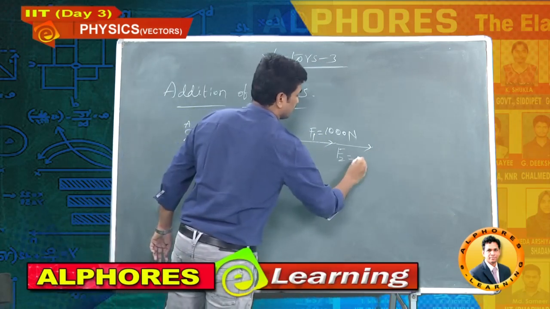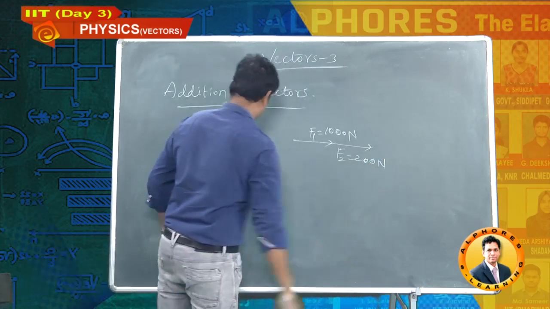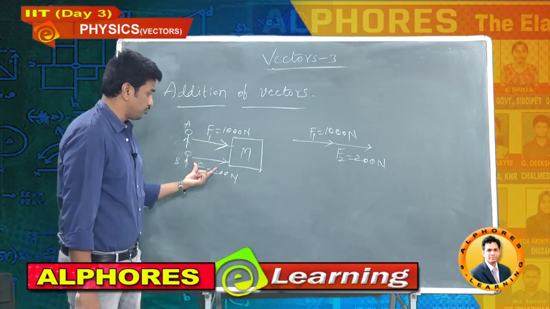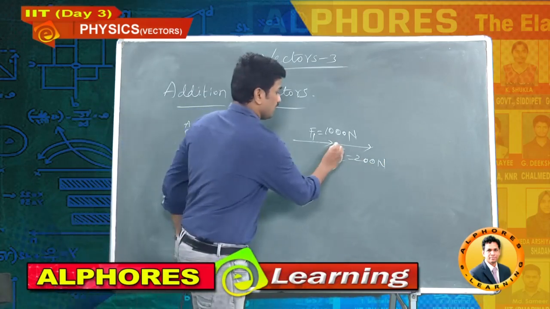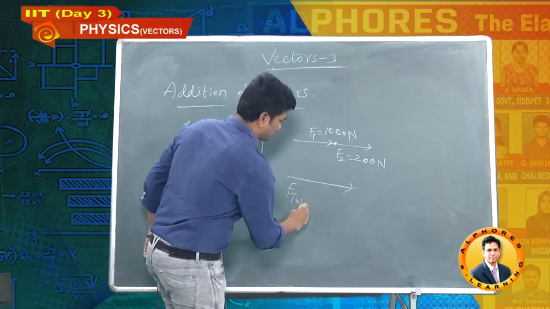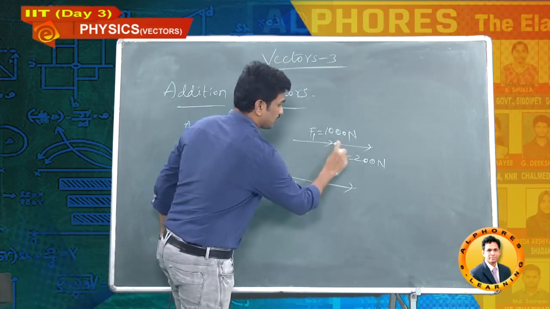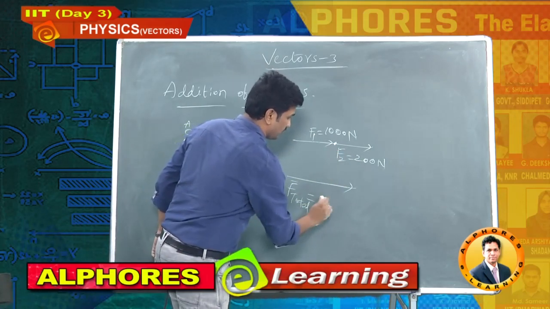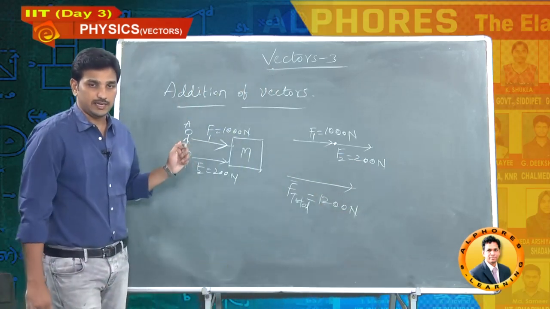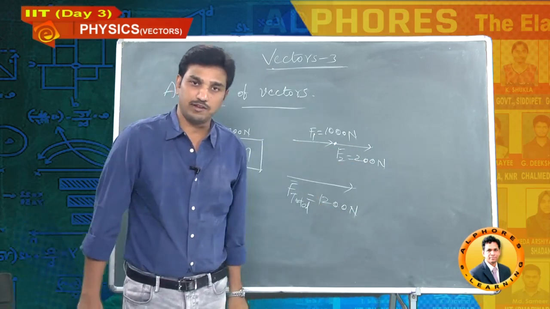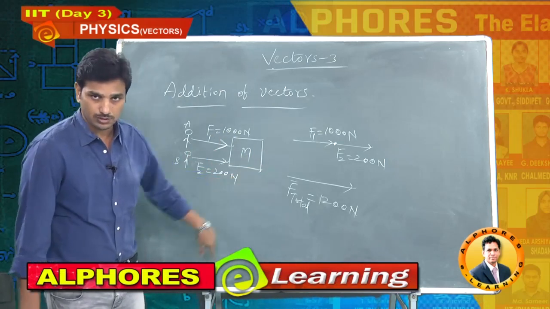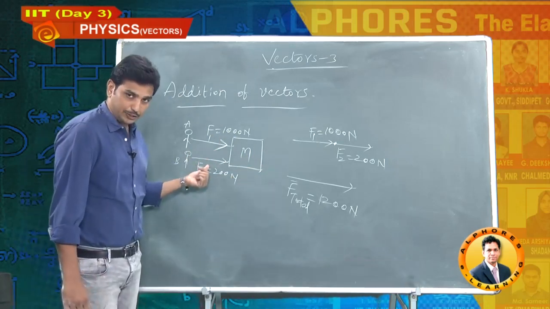F2, 200 newtons, parallel shifting. F1 1000, F2 parallel shifting. Now again, head connected to the tail. Now what is the resultant force? The total force acting on the solid is 1000 plus 200, adding, 1200 newtons. Because of A, he gave a punch of 1000, the second one gave a punch of 200. The overall force acting on the substance is 1200. Why? Because both are in the same direction.